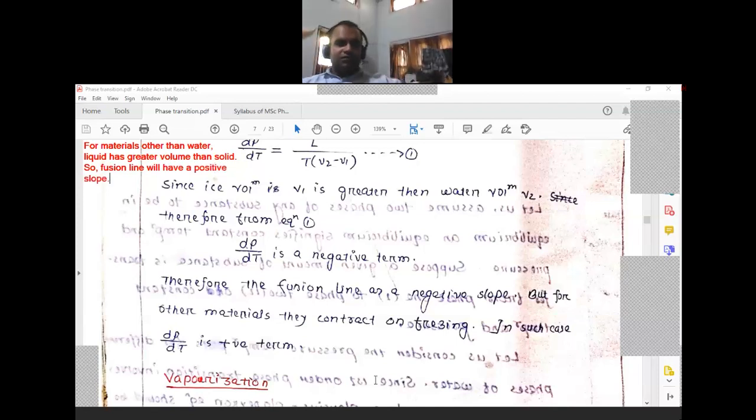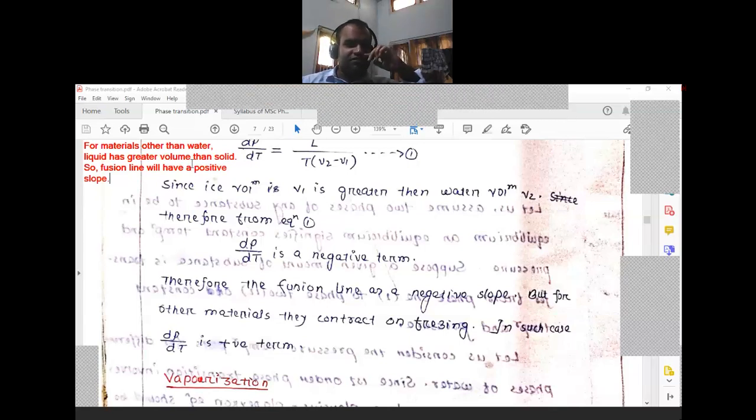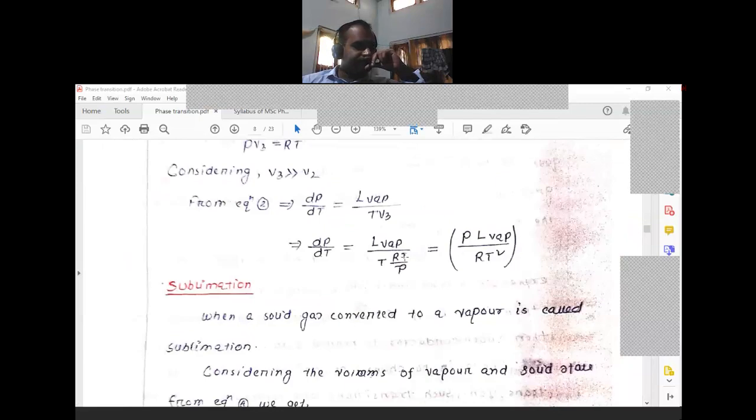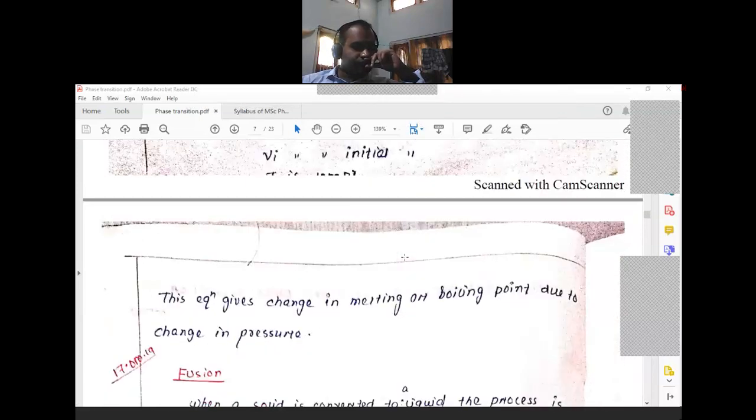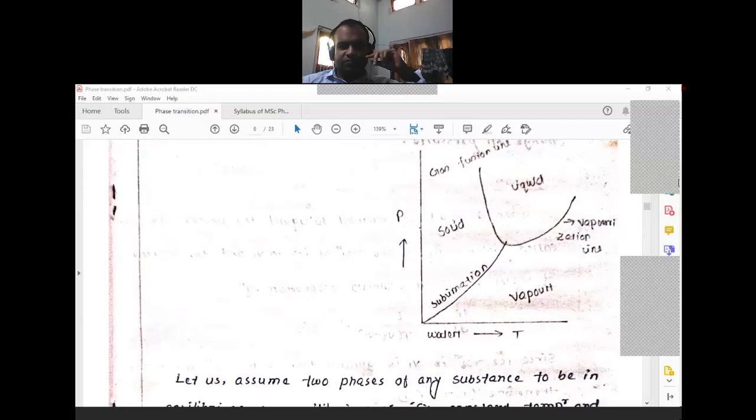So the fusion line will have a positive slope. Water is the only exception. So in water, the fusion line has a negative slope. Okay, so now let's move to